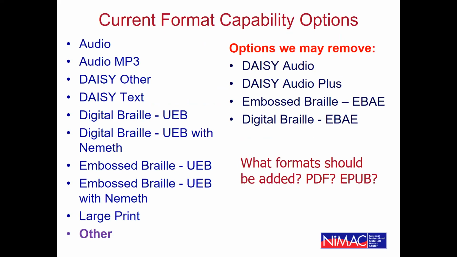But what we've got now is a list where many of these items were put in a long time ago. Some of them that we're looking into removing at this point include Daisy Audio and Daisy Audio Plus. Those actually aren't used by anybody at this point. We're also thinking that at this point, probably people are no longer producing eBay embossed or digital. But if you have any other thoughts in terms of adding formats, we're looking at adding probably PDF, EPUB,